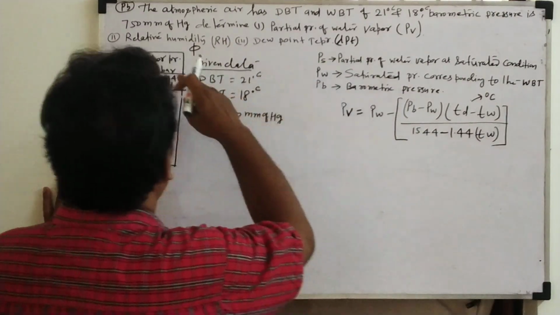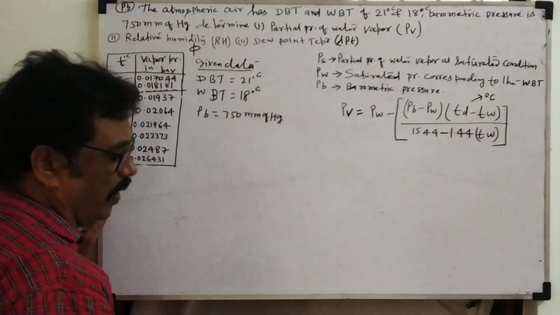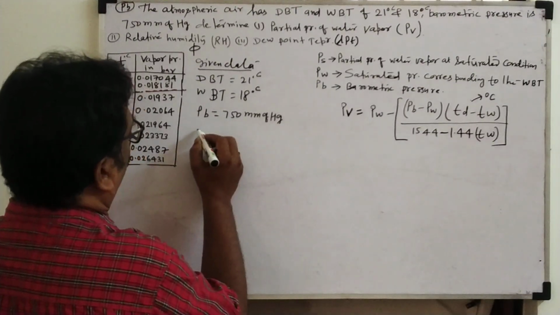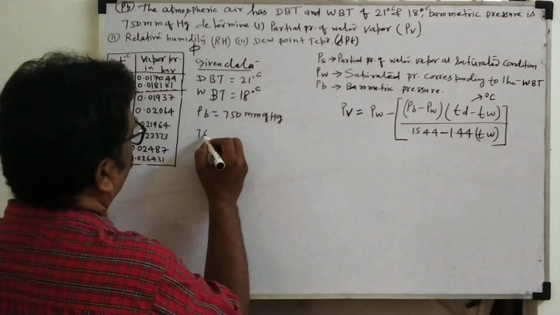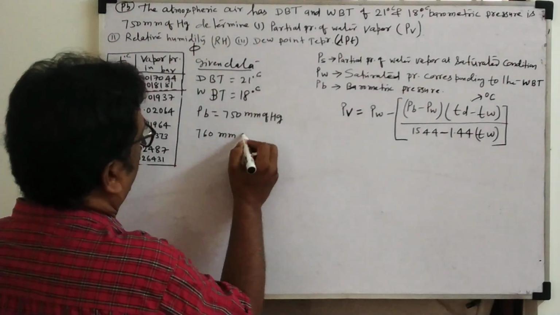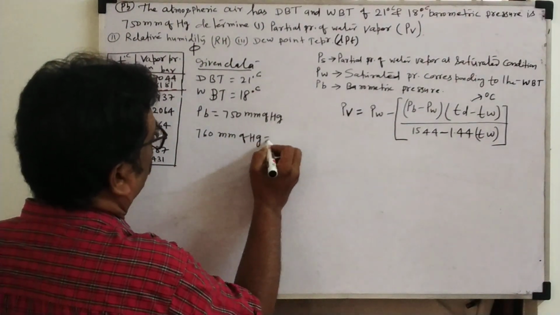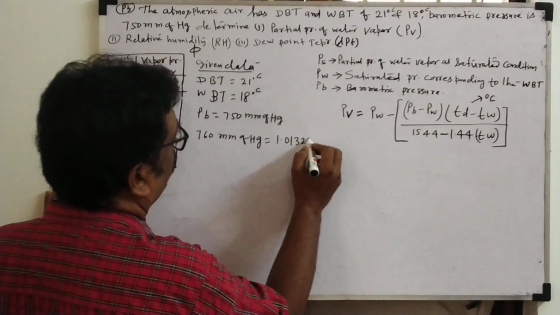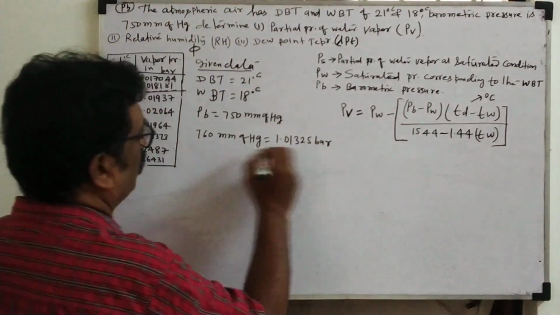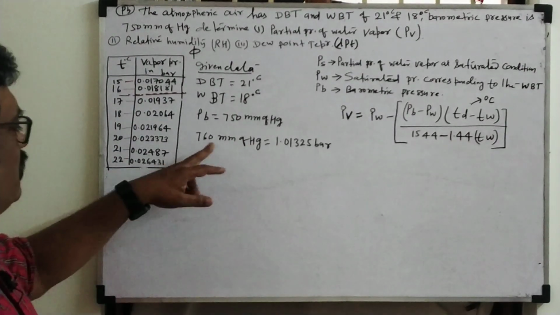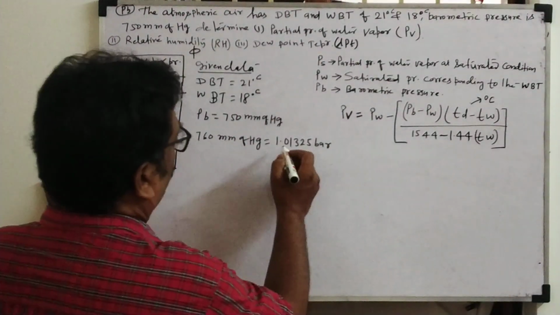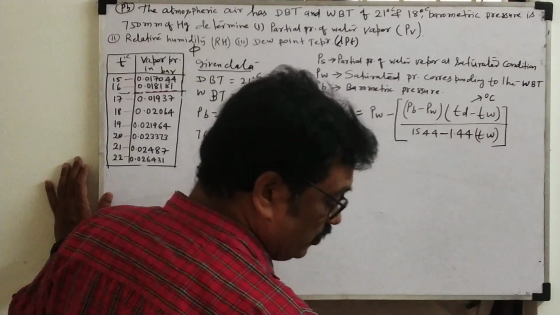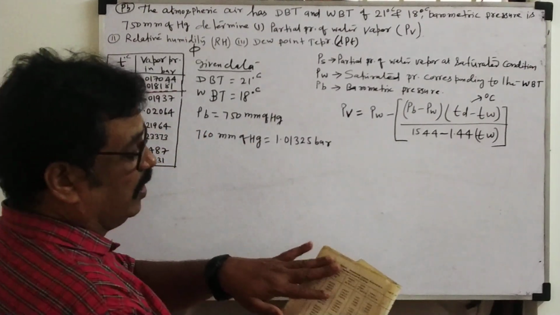But all the table values are given in bar, so we will convert this into bar. How will we convert into bar? Listen here. I know 760 mm of Hg is equal to 1.01325 bar. This is the standard value, the standard barometric pressure. How to remember this value? No need to remember. These tables, as I already told you,